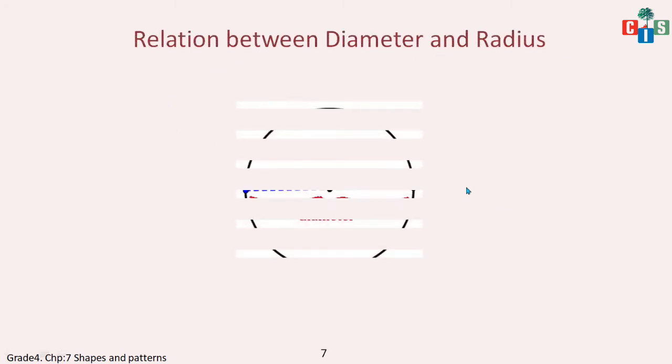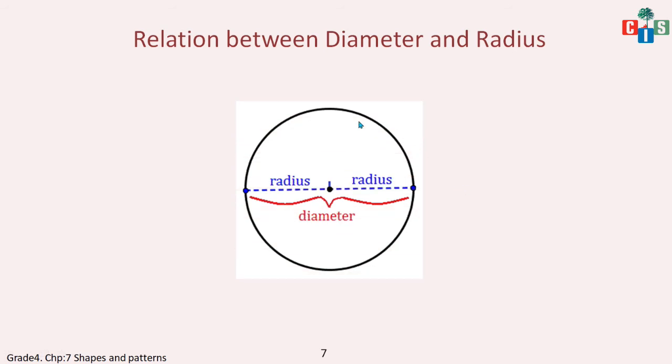Let's have a picture. Okay, here you can see a circle wherein we have radius. Okay, radius is from the center to the circumference. From the center to the circumference. Okay, and what is diameter? From the circumference passing through the center to the other point on the circumference. So this is the diameter. As you can see in the picture, kids,